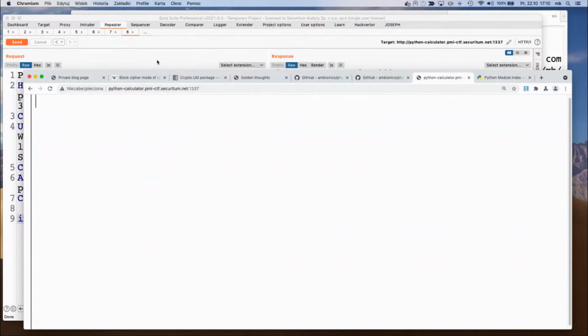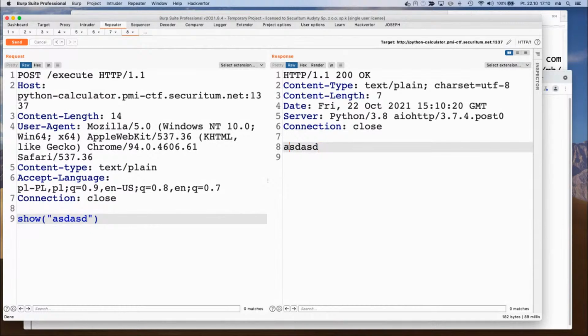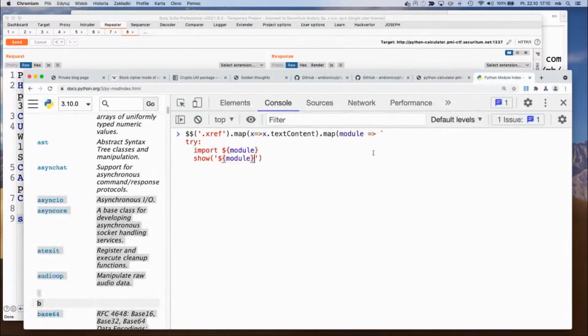Maybe I will show that here. So when I say show something, then I'm getting this in the response. So I will try to import a module, and if it succeeds, then the name of the module will be printed. But if it doesn't succeed, so any exception happens, in other programming languages you would use catch here, but in Python we have except, then, oh sorry, and it disappeared. So once again,